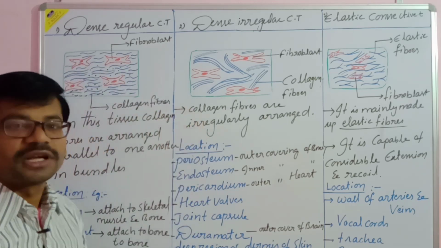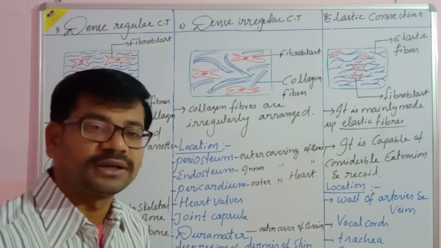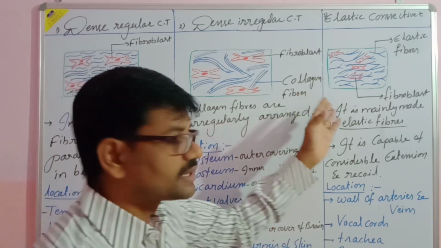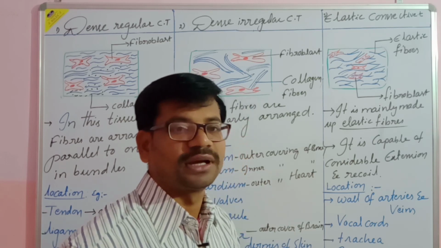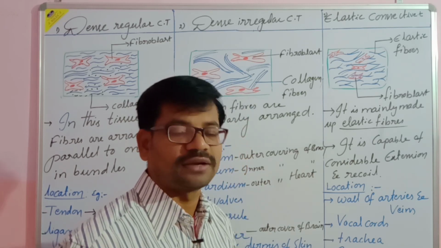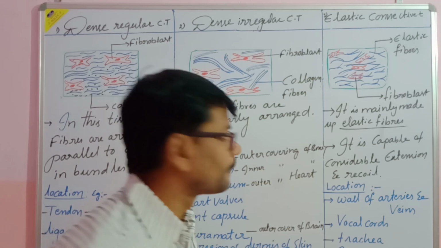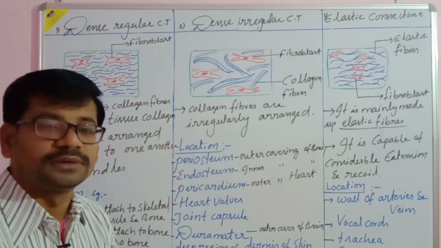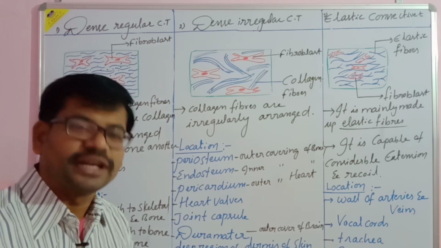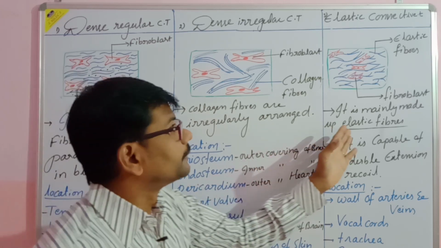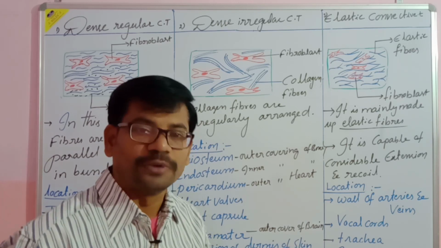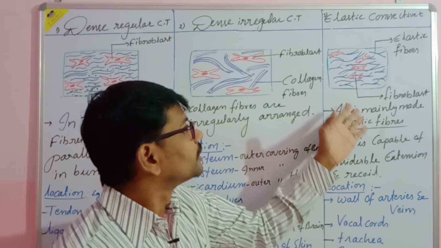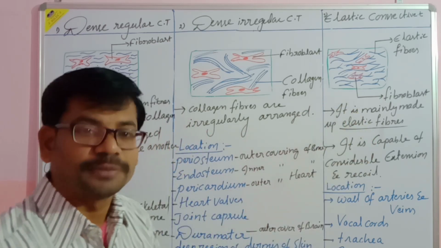This collagen protein can be digested with the help of pepsin, which is present in the gastric juice. Elastic fibers are digested by trypsin, which is secreted by the pancreas. Basically, collagen fibers, when boiled, make a gelatinous substance. But elastic connective tissue, when boiled, does not change. That is why elastic connective tissue plays an important role in